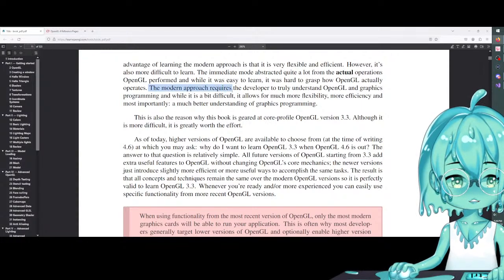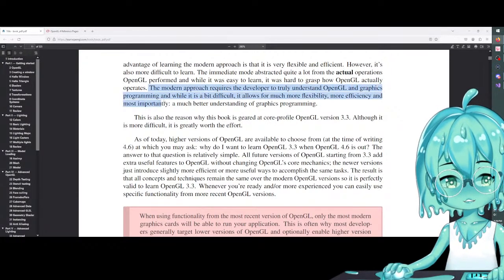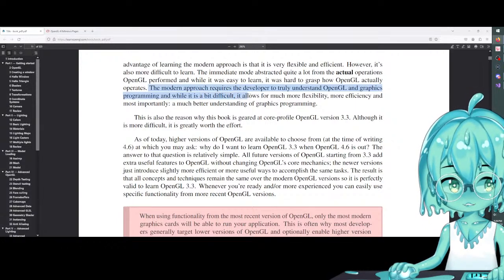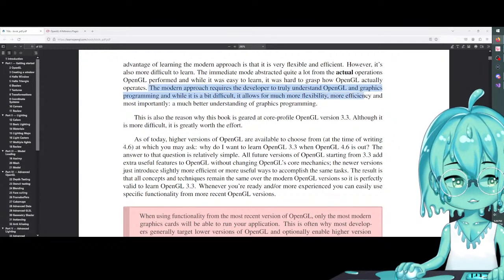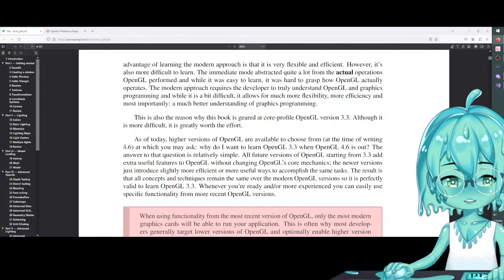This modern approach requires the developer to truly understand OpenGL and graphics programming, and while it is a bit difficult, it allows for more flexibility, more efficiency, and most importantly, a much better understanding of graphics programming. I'm a little scared